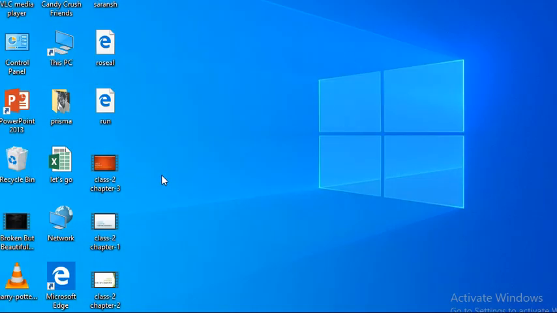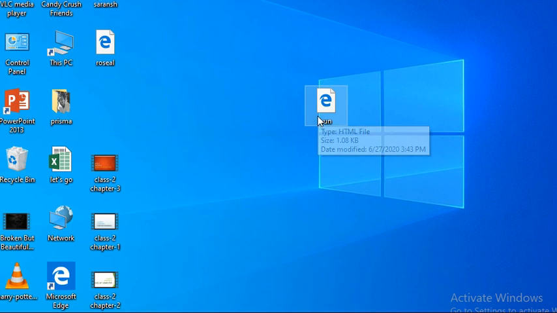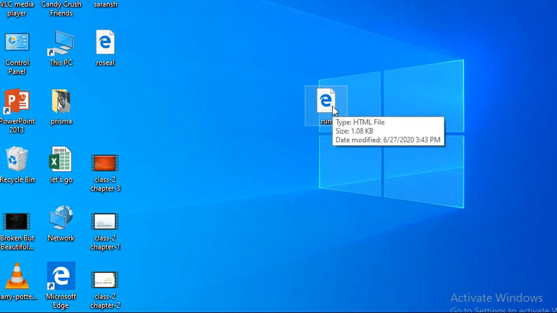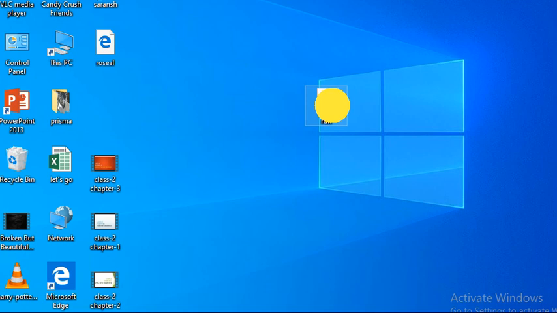And the last one is drag and drop. Drag and drop is like this. If you have to move one icon from one place to another, then you have to use drag and drop. To move an item from one place to another on the monitor, you have to hold it with the left button. Then pressing is called dragging, and then releasing the button is called dropping. So these are the various actions of a mouse.